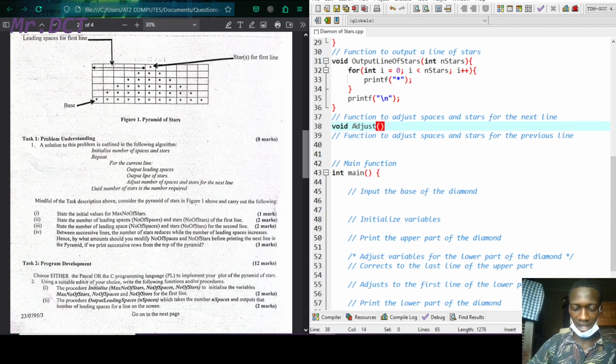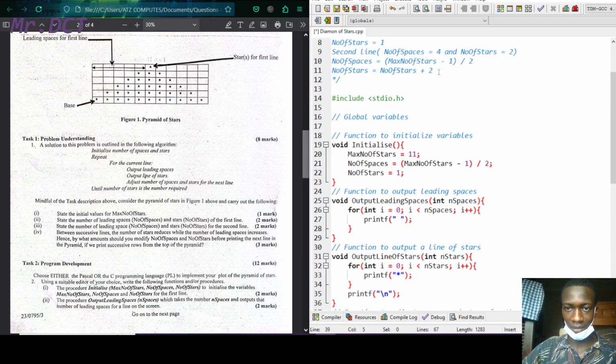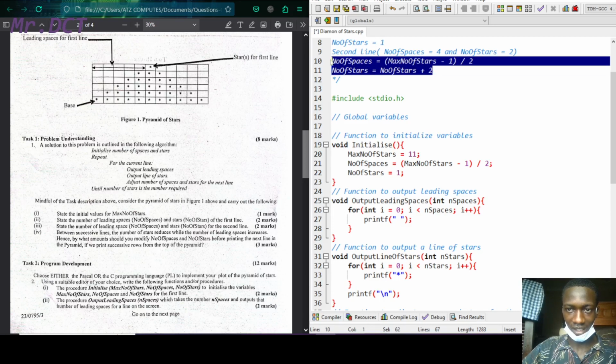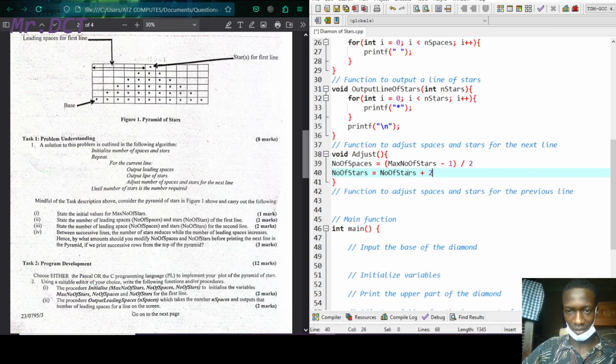Okay, it's not going to take any parameter. So to save time, I'll just copy and paste what we have here. So literally, like when you are answering your answer sheet, writing with your pen, above is simply what you're going to code in your program. So you can see that in adjust, number of spaces